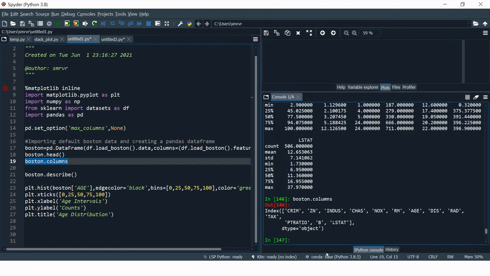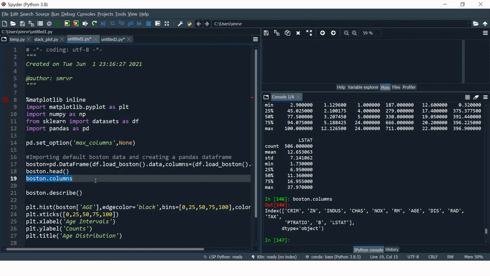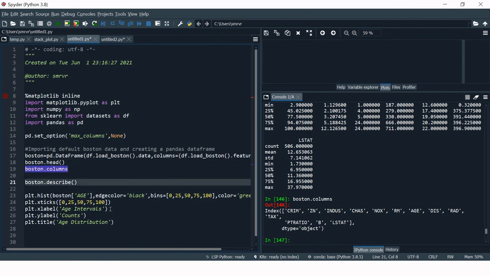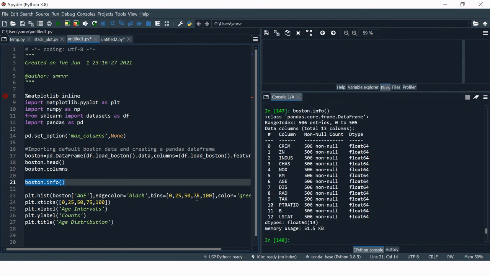Now, to understand how we're going to create it, it is important that we first check the data type of each variable. Let's try to use the info option over here, and let's see what it shows. Here we go.